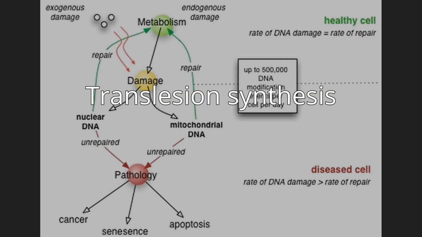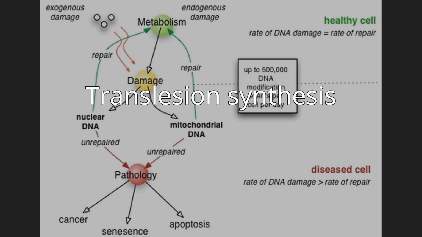Translesion synthesis. Translesion synthesis (TLS) is a DNA damage tolerance process that allows the DNA replication machinery to replicate past DNA lesions such as thymine dimers or AP sites. It involves switching out regular DNA polymerases for specialized translesion polymerases, i.e. DNA polymerase II, IV or V from the Y polymerase family, often with larger active sites that can facilitate the insertion of bases opposite damaged nucleotides. The polymerase switching is thought to be mediated by, among other factors, the post-translational modification of the replication processivity factor PCNA.